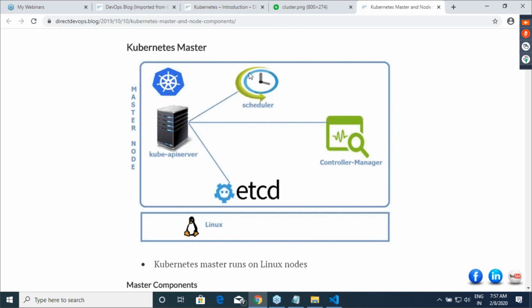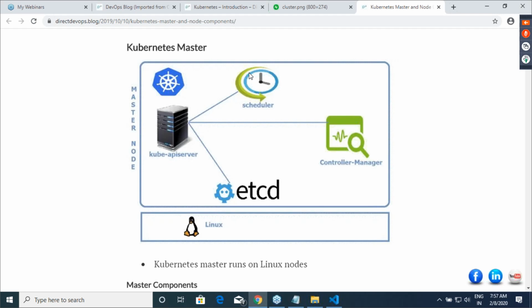API server is responsible for communication. etcd is responsible for storing everything, right? Scheduler is for scheduling any new jobs or new activities on your nodes. And then we have controller manager, which is responsible to inform if the actual state is not equal to desired state. For that, they have different kinds of controllers. Node controller will inform if the actual nodes were 7, now it has become 6. If something goes down there, it will try to inform. Are we clear on these 4 components?